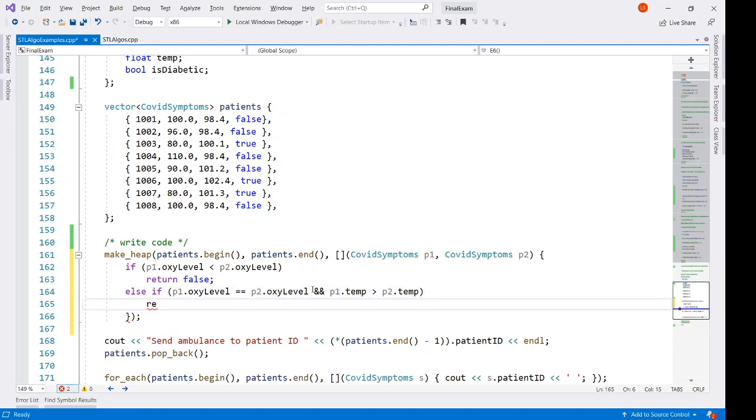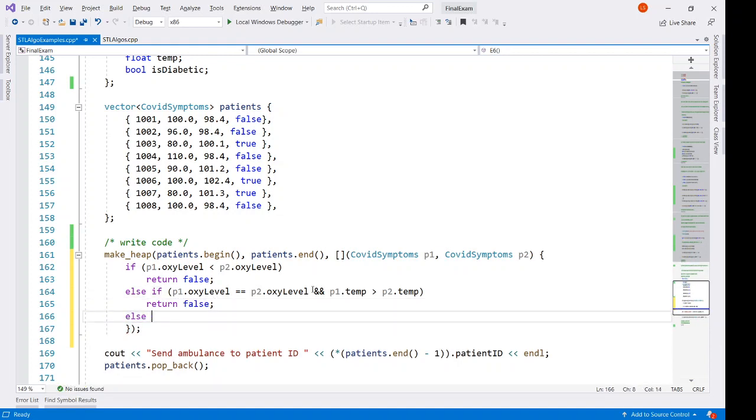This P1 gets higher priority. Okay. Else if these two conditions are same, so control C, control V. If these two conditions are same,